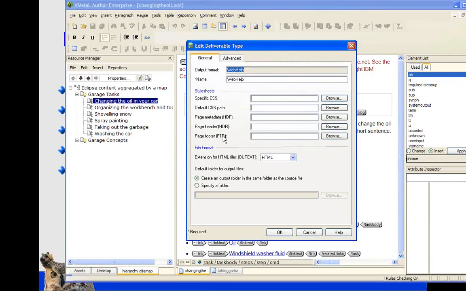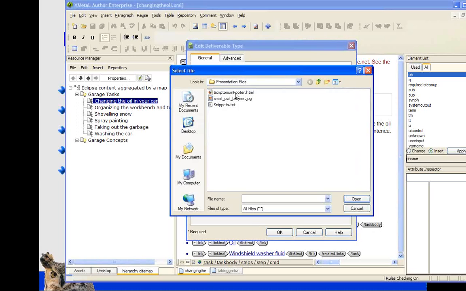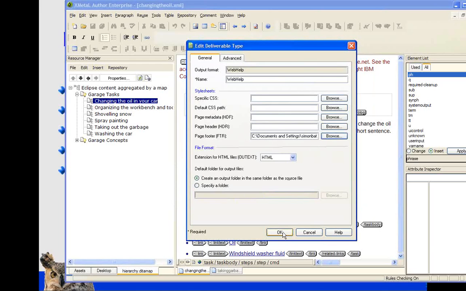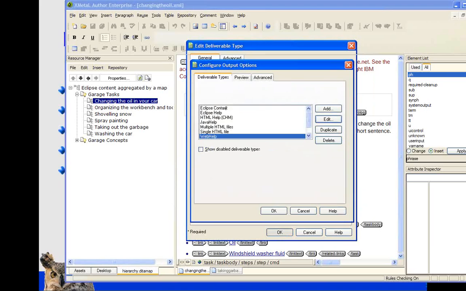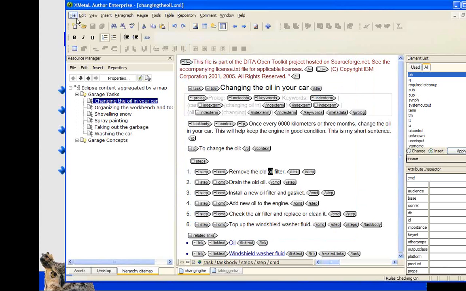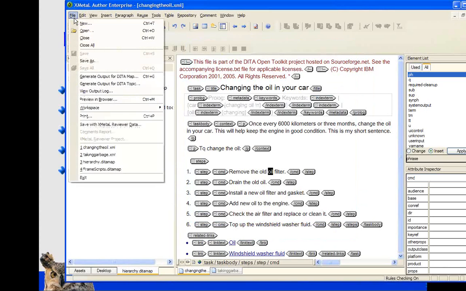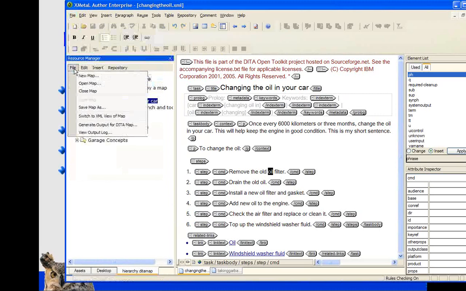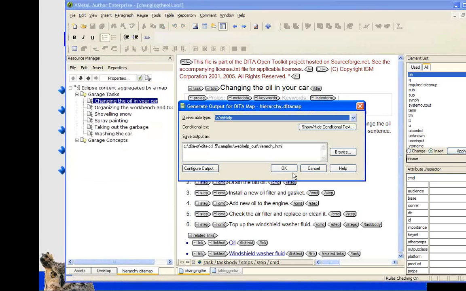So what you want to do is, for your output, go to Tools, Configure Output, WebHelp, and then we say Edit. You notice here under WebHelp we have fields for page metadata, page header, and page footer. And so I'm going to add a footer to our document, and actually I've already created it. This is a